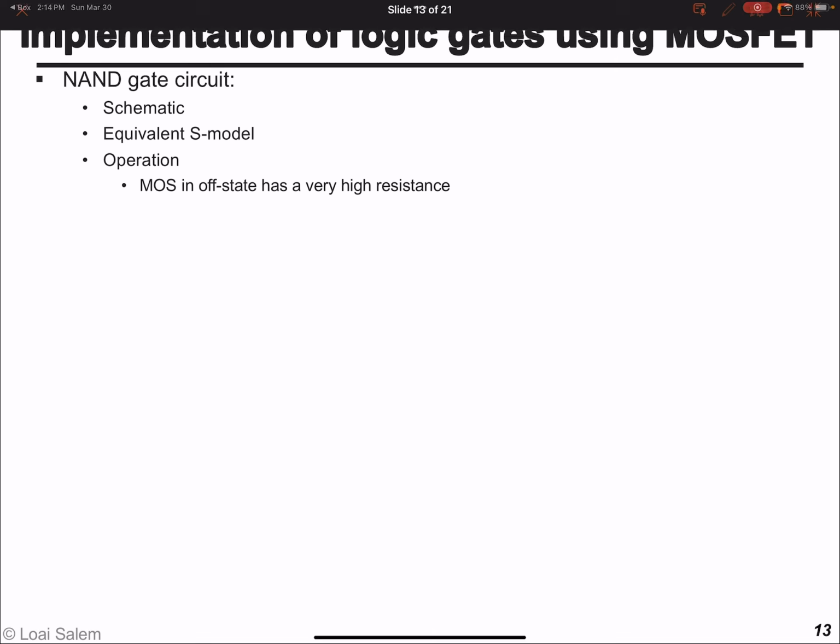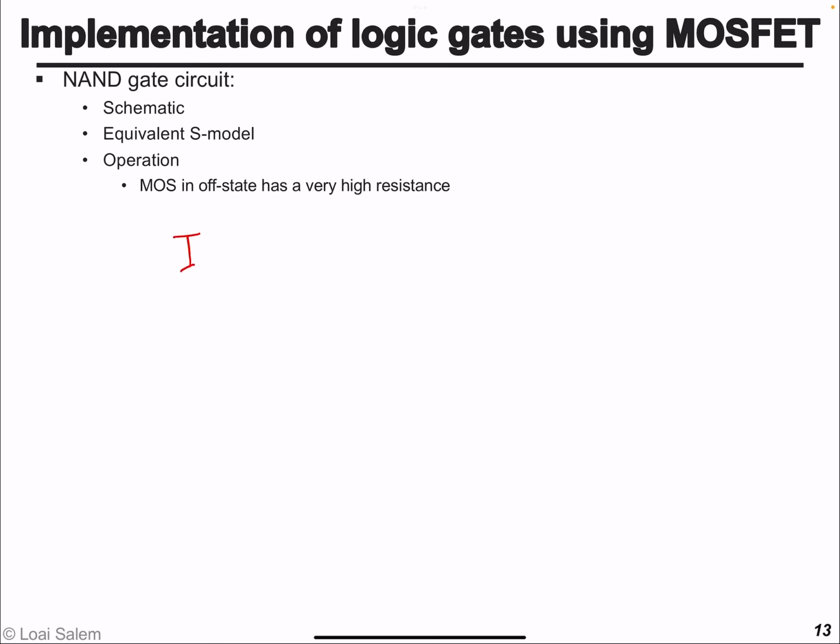So the NAND gate will be, as I just showed, 2 transistors in series. And from now on, to perform ANDing or NANDing, essentially, you connect 2 transistors in series. So this is R, this is input A, input B, and this is VDD. So this is how to implement an AND using NMOS transistors